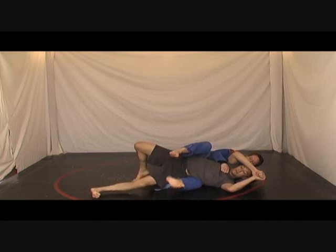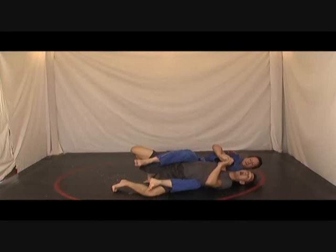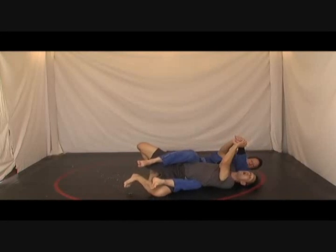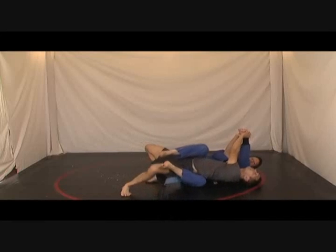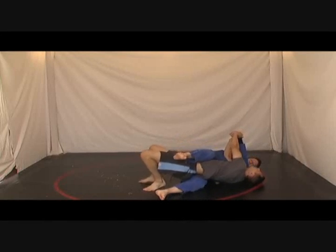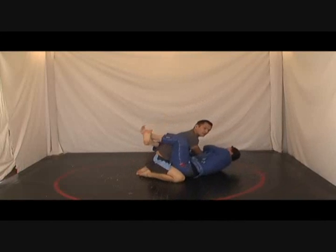So from here, you see how he still has the back? I bring his arm over to this side. I have to push his arm away, and I'm bridging off of my head. See, I bridge off of my head, controlling, pushing his arm away. That way he can't take him out. And I drive with my legs, drive with my legs, until I went up back into